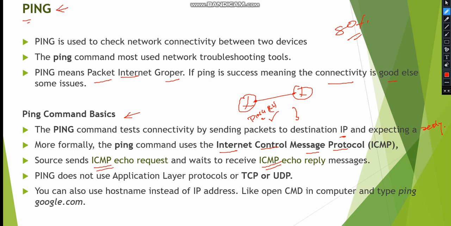You can imagine a truck. The truck is your ping, nothing but a utility. The actual job is done by the container, right? The value of that truck is based on the things in the container. Similarly, ping has the ICMP protocol which runs inside ping, and ICMP will help you to check the network connectivity.